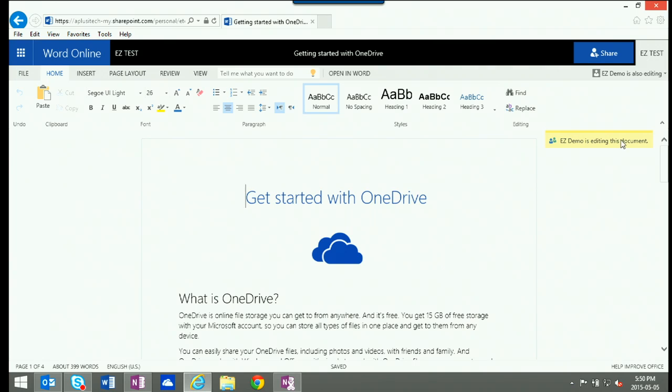So I'm bringing this up, and now I have this document in front of me. Look what happened. Easy Demo is also editing this document. Saw that pop up? Here it is. So that means this other account is actually editing this document as well. So as soon as we start manipulating the content,